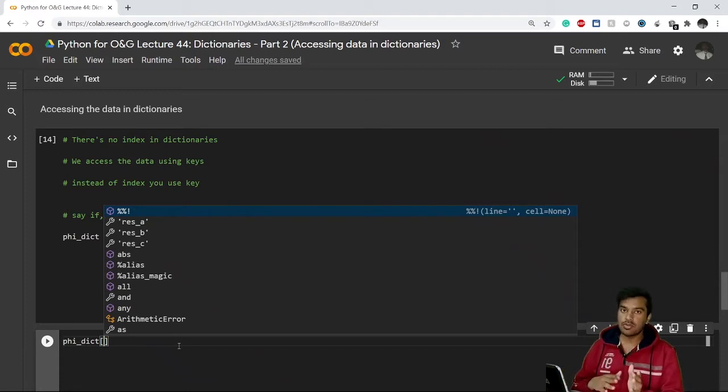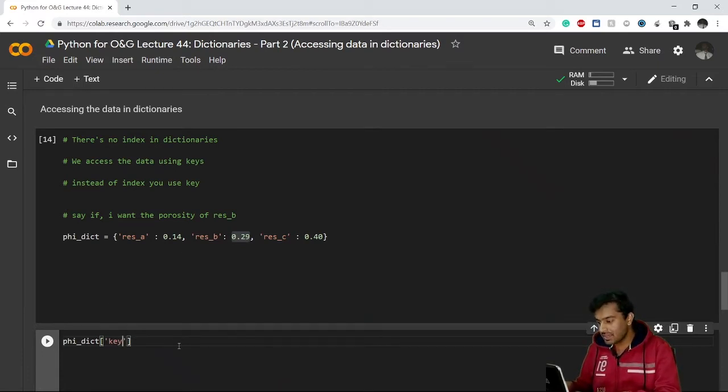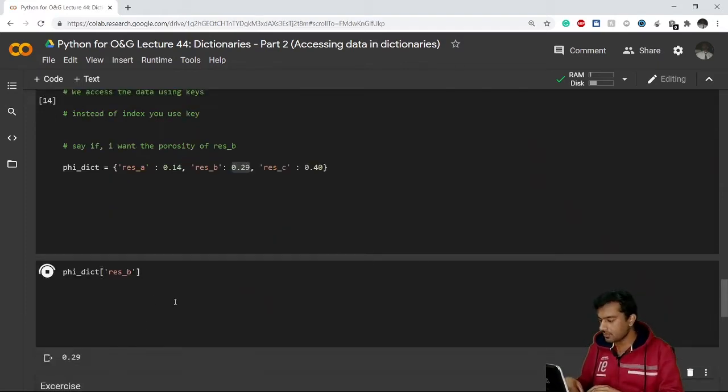But as I have told you, there are no indexes in the dictionary; you just enter the key whose value you want to access. If I want to access 0.29, my key is reservoir B, that is res underscore B. So I am getting 0.29.